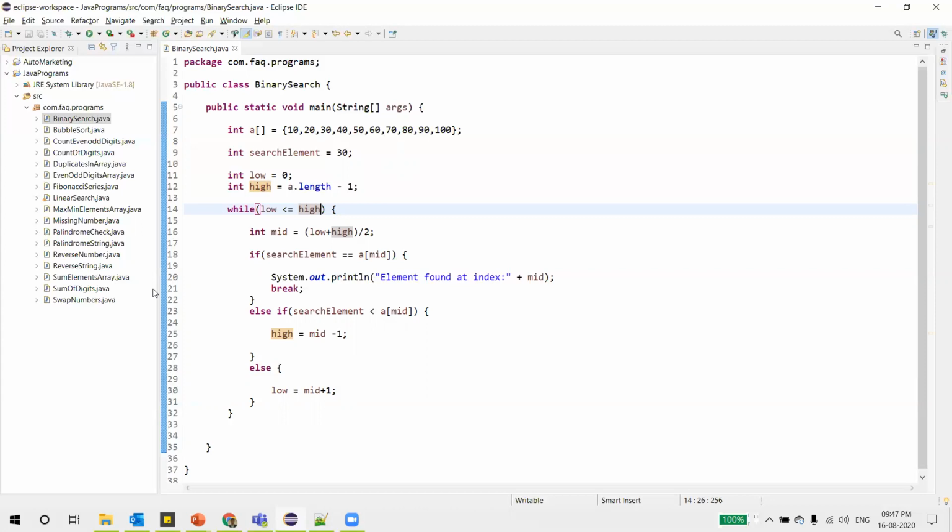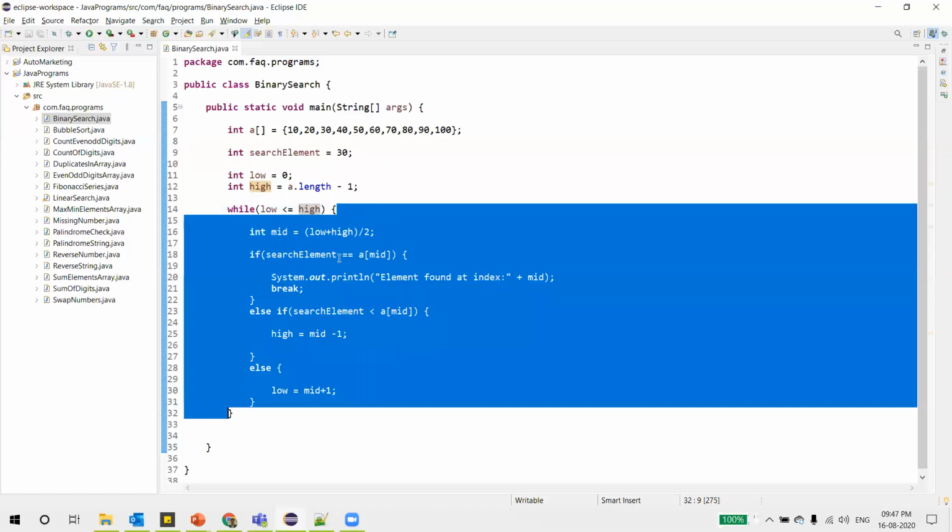In that case, low will be 0, high will be length minus 1, so high also will be 0. In that case also the algorithm should work, and if we search for the same element, it should say the element is found at the first index. So even that case should be satisfied. For that we are writing low less than or equal to high. That is our condition. Now we are done.